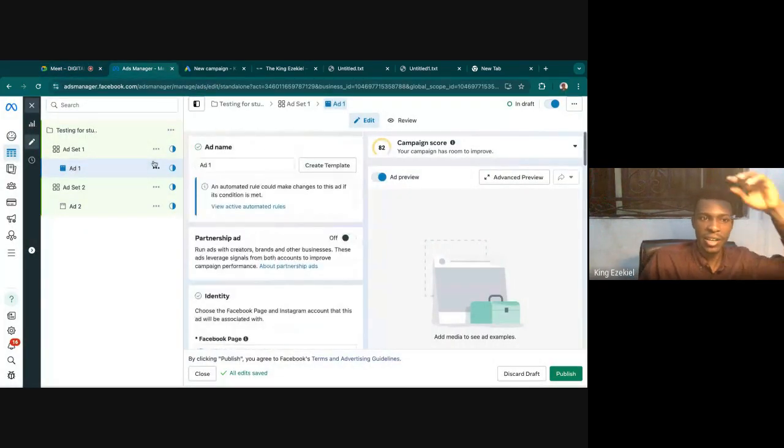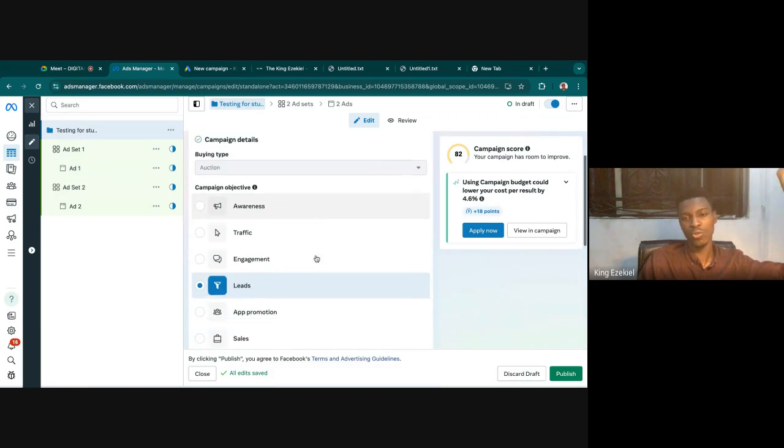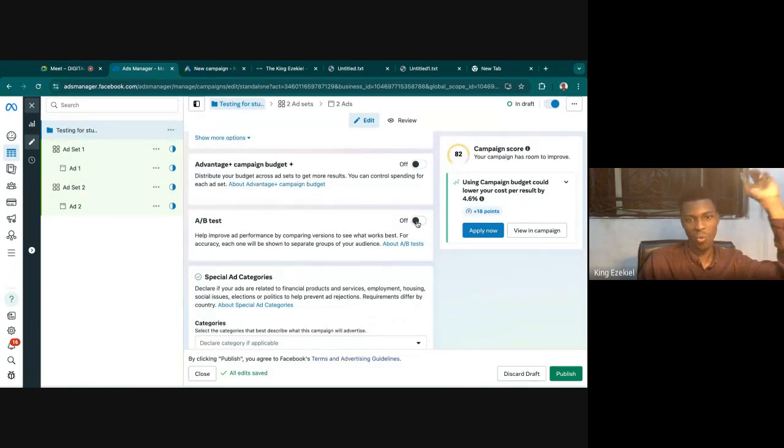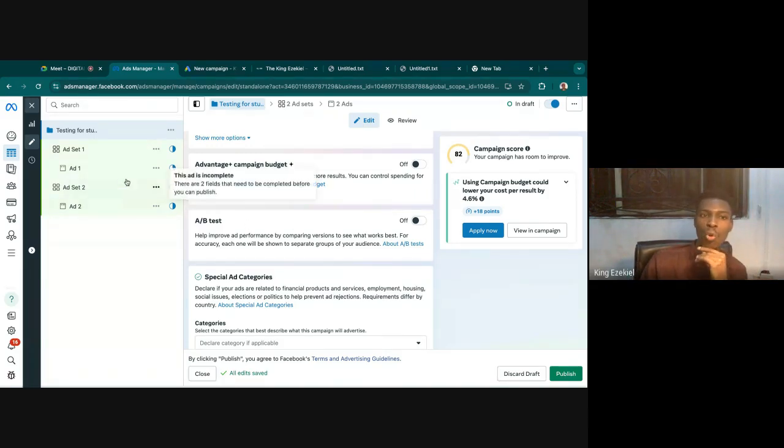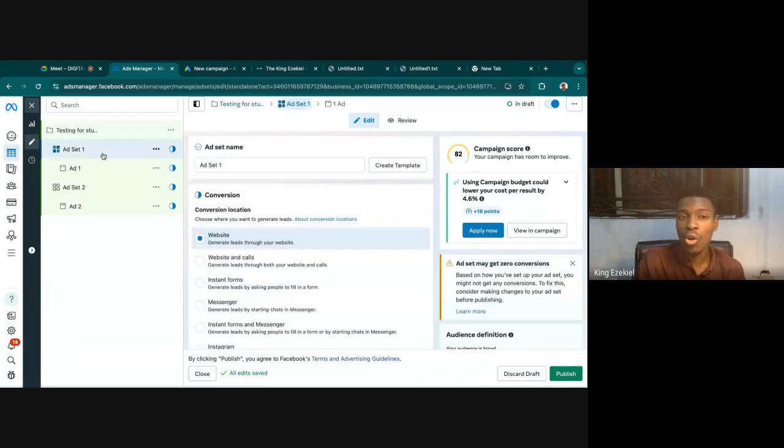So, can you see now that under this campaign, we have ad set 1, ad set 2, and under ad set 1, we have ad 1. Under ad set 2, we have ad 2. So I didn't go through the route of doing A/B testing, because you can only test for a short period of time, and after that, you have to stop testing. But when I run different ad sets, I can later come back to say, hey, ad set 2 is